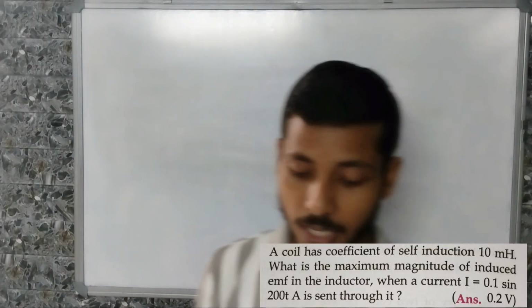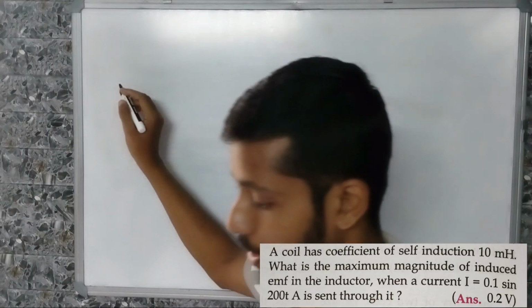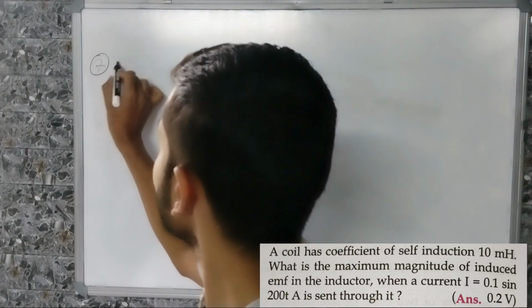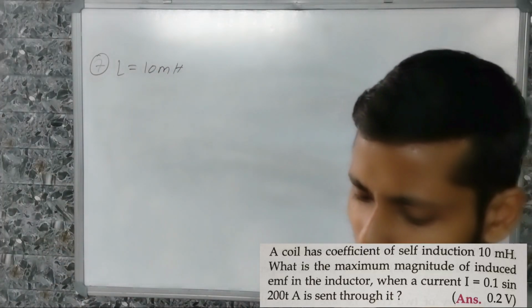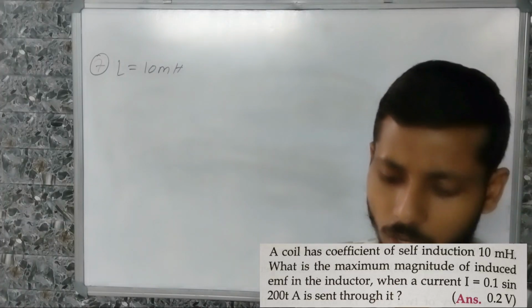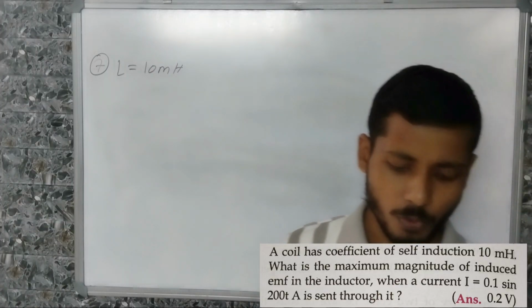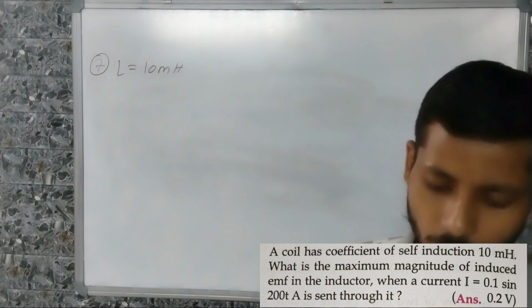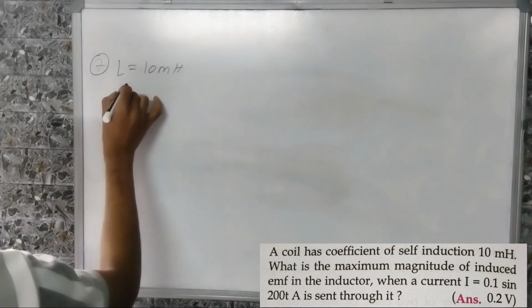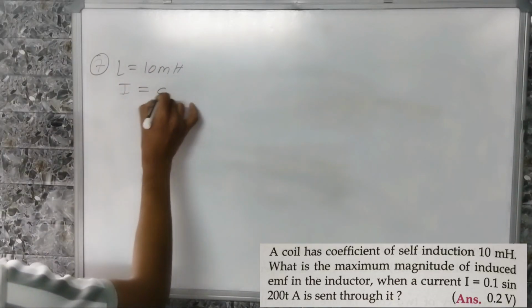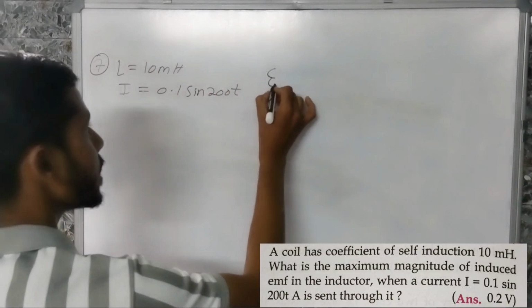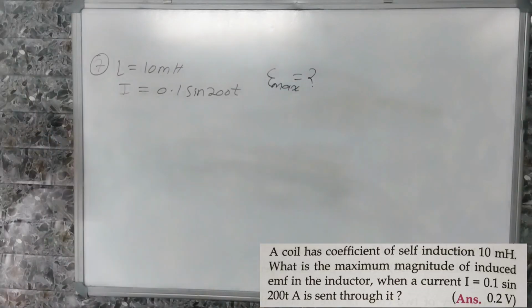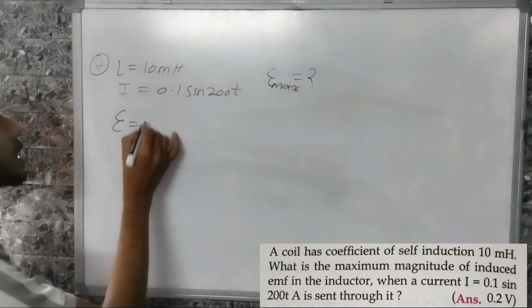Children, question number 7. A coil has a coefficient of self inductance 10 milli Henry. So given is L is equal to 10 milli Henry, and what is the maximum magnitude of induced EMF in the inductor when a current I is equal to 0.1 sin 200t ampere is sent through it. So I is given as 0.1 sin 200t, and E max is asked. So we know